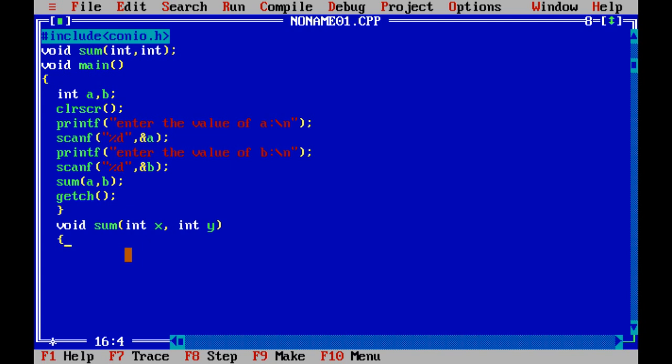Now we are going to define the function body. Here we give a variable called sum, or s, which is going to store the sum of x and y. s is equal to x plus y. Now printf: the sum of x and y is